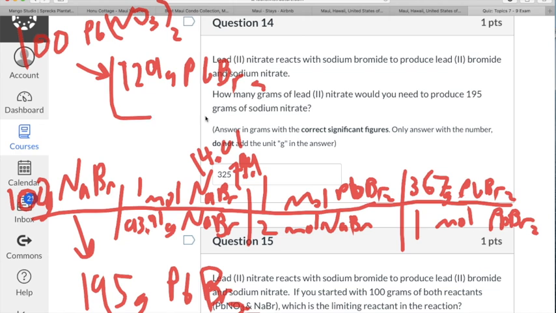So this one is my limiting reagent because I made less grams. This I made more grams. I'll have excess of my sodium bromide left over at the end,